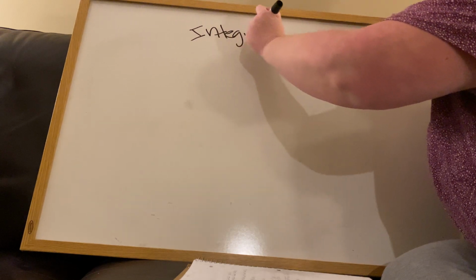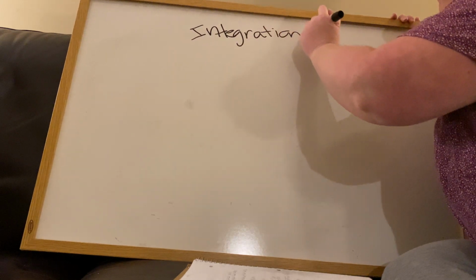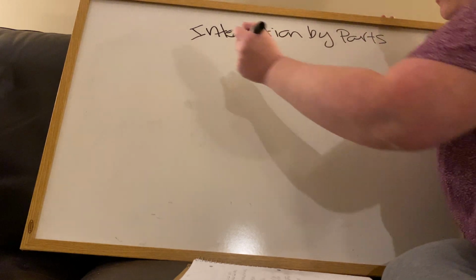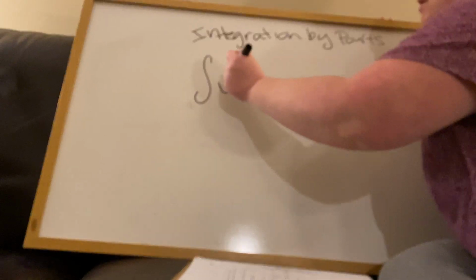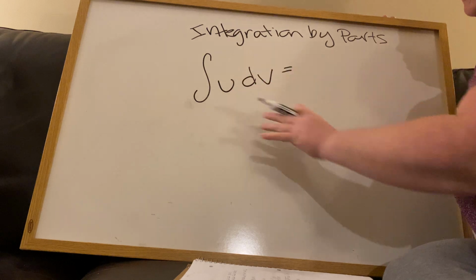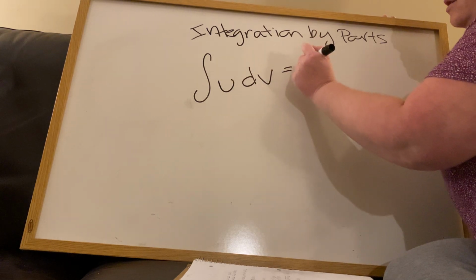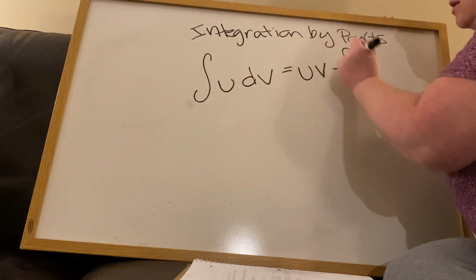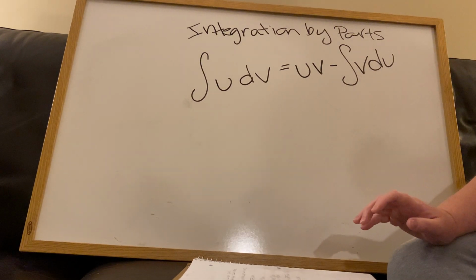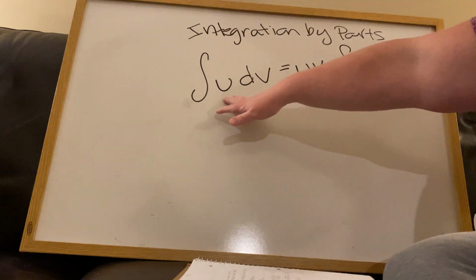Okay, so we are going to talk about an integration formula called integration by parts. Integration by parts starts out as the integral of u dv. So these are two separate variables. I'm going to integrate to be u v minus the integral of v du. So what you end up having to do is you have to pick out a u and a dv value